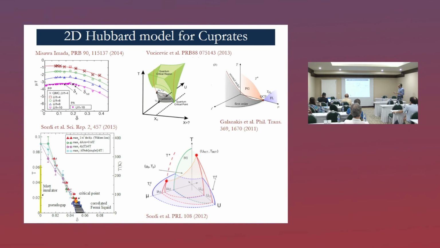The last point is that there is a very analogous scenario for cuprates in which a zone of phase separation originates from the Mott transition at half filling and crosses the interaction doping plane and divides the pseudogap from the weakly correlated Fermi liquid. And all this is somehow an effect due to the half filled Mott insulator that extends its influence in doping.